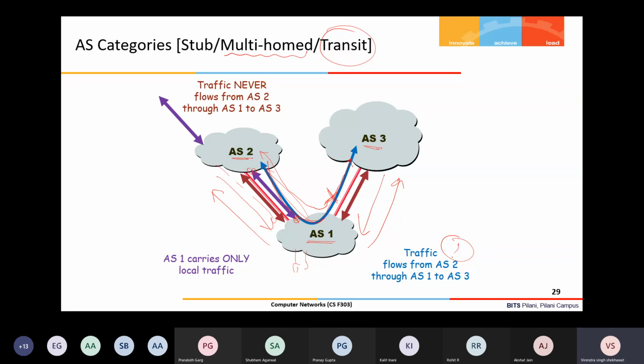But in some cases, I will tell you that the autonomous system can be in a transit situation also. But as I said, the reason for not becoming a transit is that unnecessarily my resources are consumed and my customers are not benefiting from that. And if the majority of the traffic I am forwarding is for others only, then maybe my internal traffic will suffer unnecessarily, because ultimately the internal resources have to be used for forwarding that traffic also, right? So there are three categories of autonomous systems: stub, multi-homed, and transit, right?